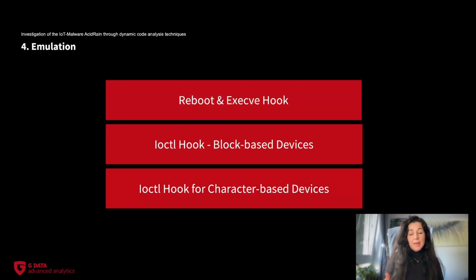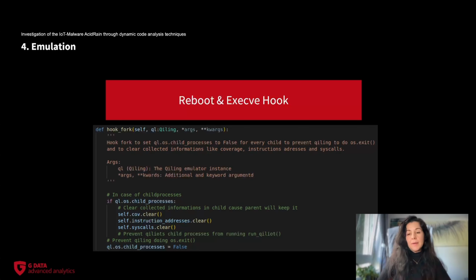For the malicious part, we need some hooks. And this was a little difficult part. You need to know what AcidRain is really doing to implement these hooks. You need to implement the reboot and exec hooks, and the most important are the IOCTL hooks for block-based devices and for the character devices. And how it looks,